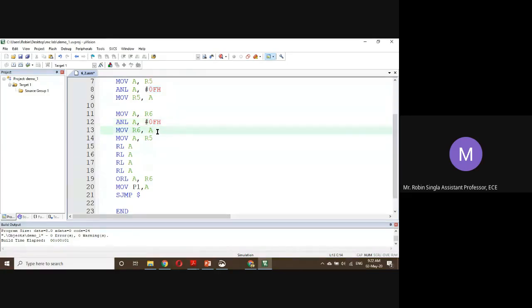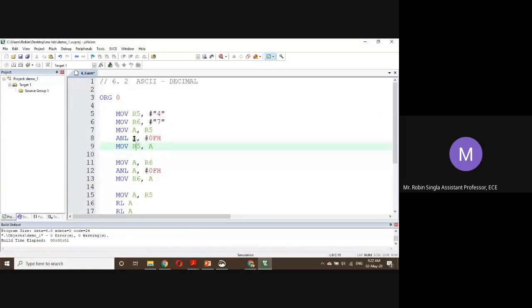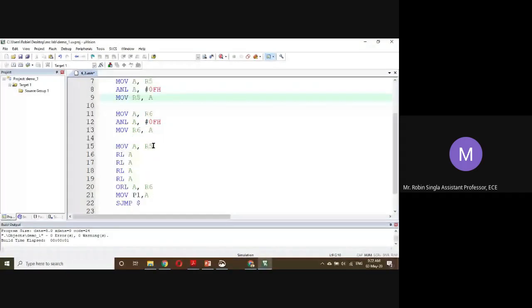Now the number in R5, the output of the previous AND logic, will come back to A, and we rotate left A 4 times so that it becomes the higher nibble.